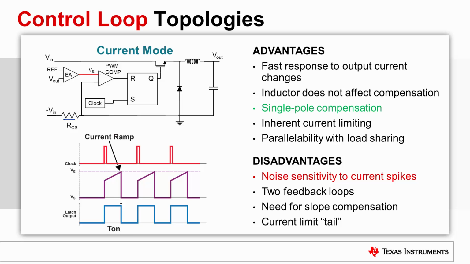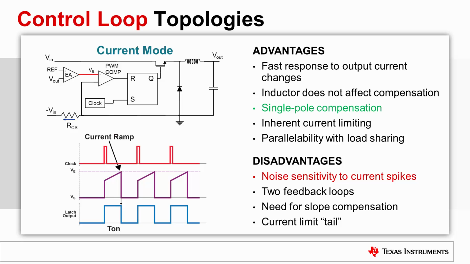One benefit of the aforementioned current mode architecture is it eliminates the inductor from the loop, providing a single pole transfer function that is a function of only the output capacitor and load resistance. Inherently, current limiting is easily achieved as the inductor current is already sampled. Peak current mode also simplifies the design challenges of interleaving multiple phases.